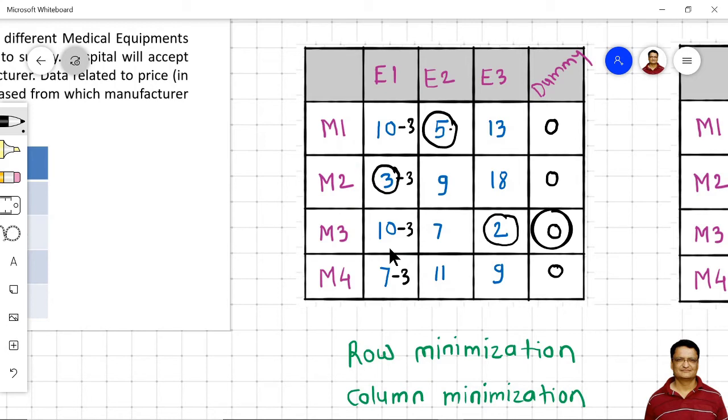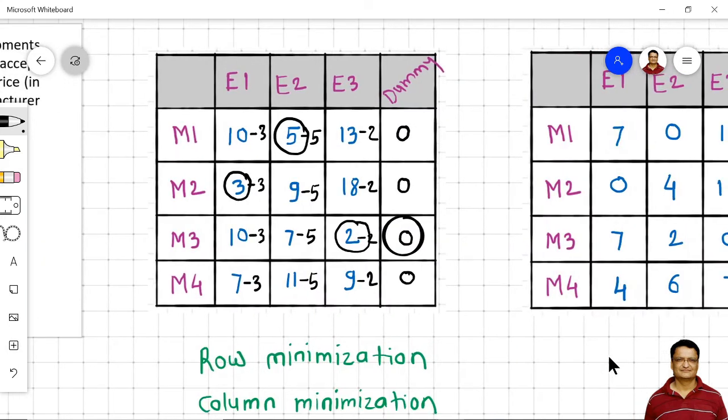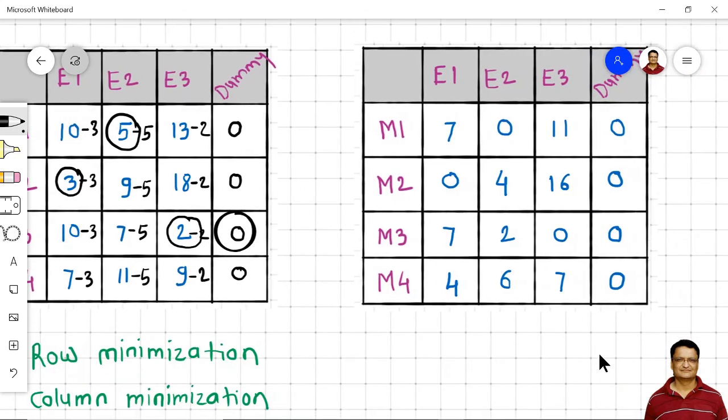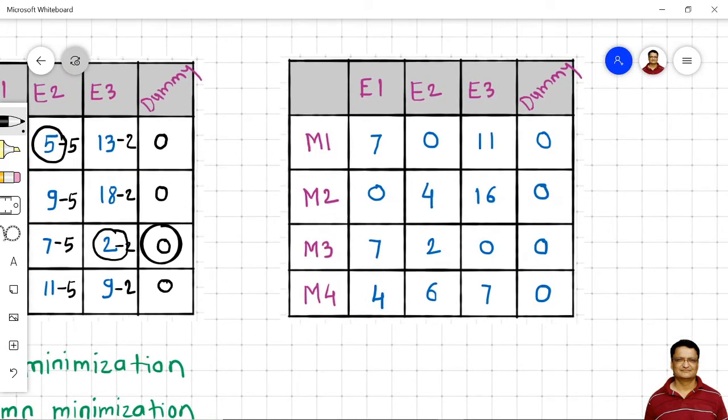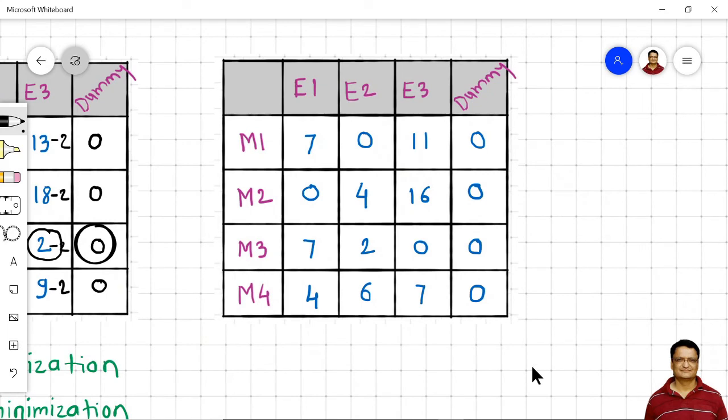In the second column, it will be 5 minus 5, 9 minus 5, 7 minus 5 and 11 minus 5. From the third column, it will be 13 minus 2, 18 minus 2, 2 minus 2 and 9 minus 2. And in the fourth column, there will not be a change. So if I calculate this, we will get this as the resulting matrix.